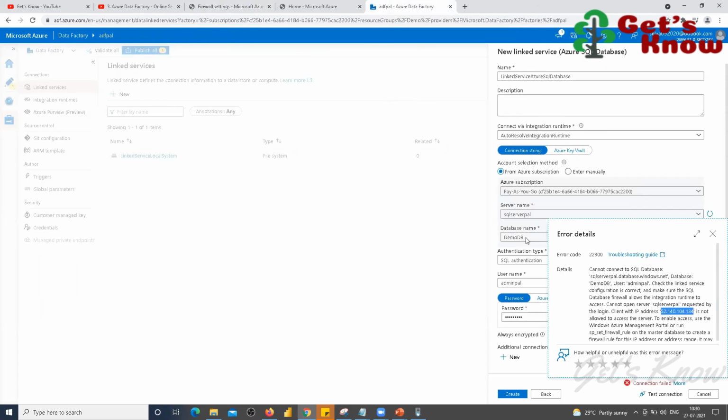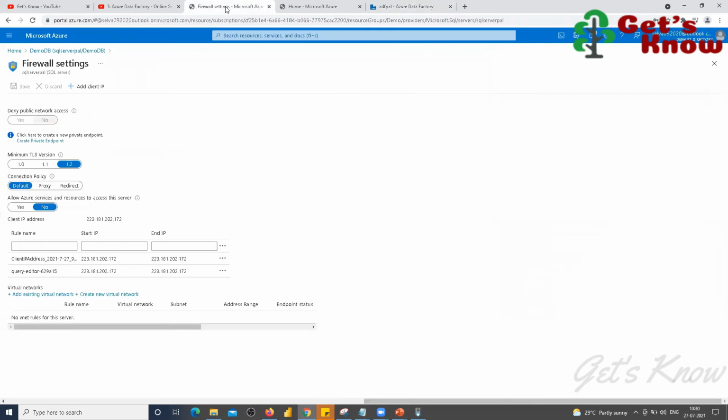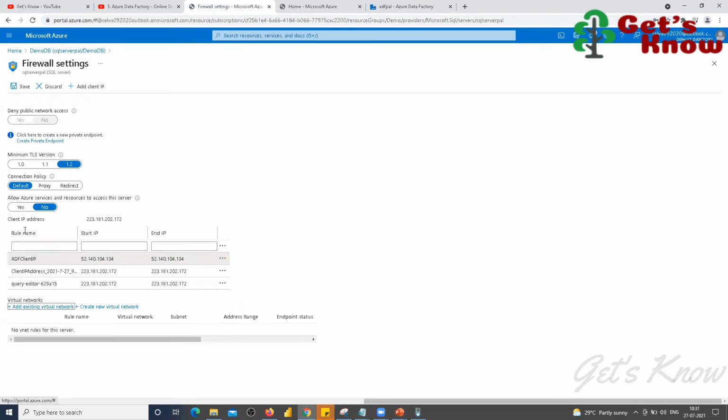It is giving the IP address details, right? The status is also mentioned. So what I'm trying here is giving the start and end IP, with the name ADF client IP.